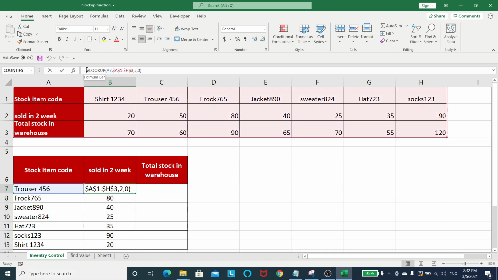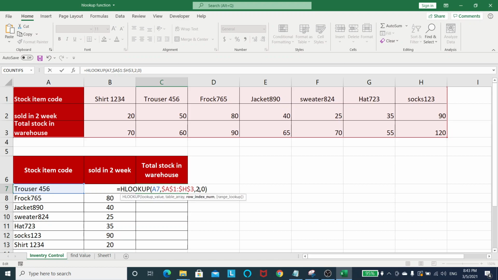Now you can simply copy this formula, press escape, go here, equal, and paste this formula. So here you just need to change the row index number. Why?